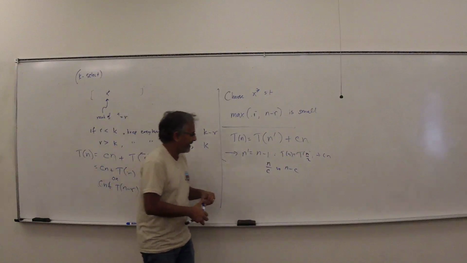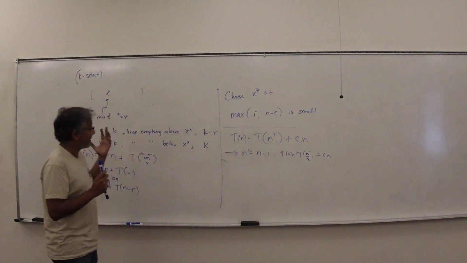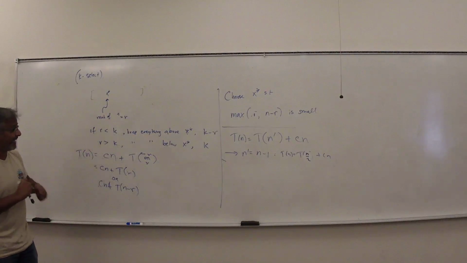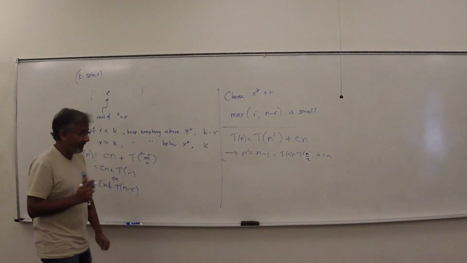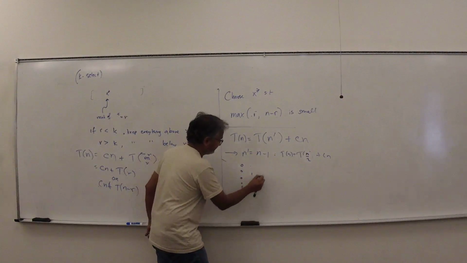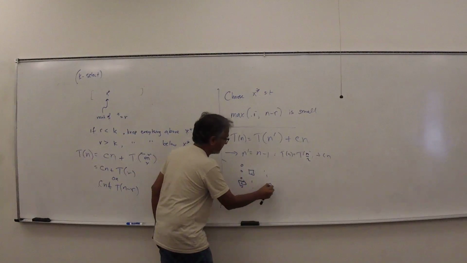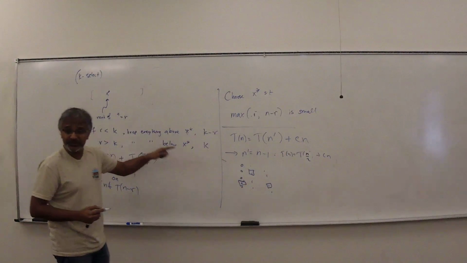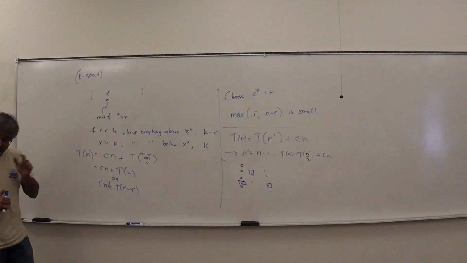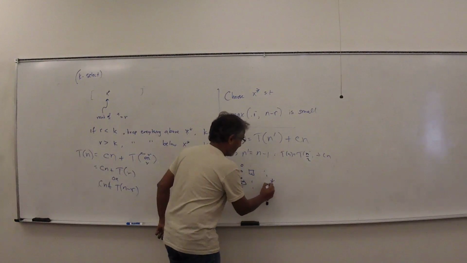So this allows us now to go back to the first 3 steps of our procedure, if you recall, where we said break things into groups of 5. So we have these 5 elements. Take the median of each group, and take the median of all of those medians. If you recall, I had argued that if you looked at the median of everything, so let's say this is my x star,